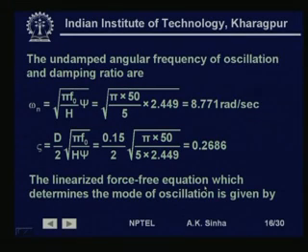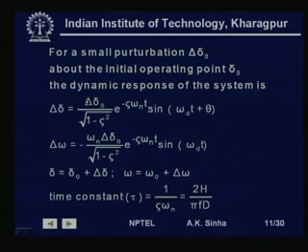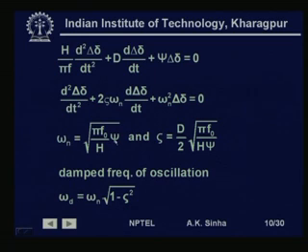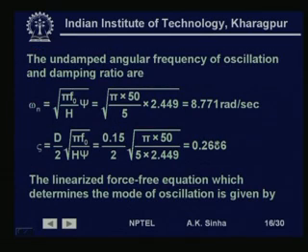The undamped angular frequency or natural frequency of oscillation and the damping ratio, that is omega n and zeta, we can calculate as we had seen from these expressions earlier. Omega n is given by this and zeta is given by this expression. So, simply substituting the values here, omega n is equal to square root of pi f 0 by H into psi. So, pi into 50 by 5 into 2.449, this is the psi value that we have calculated. So, it comes out to be 8.771 radians per second, and zeta is equal to D by 2 square root